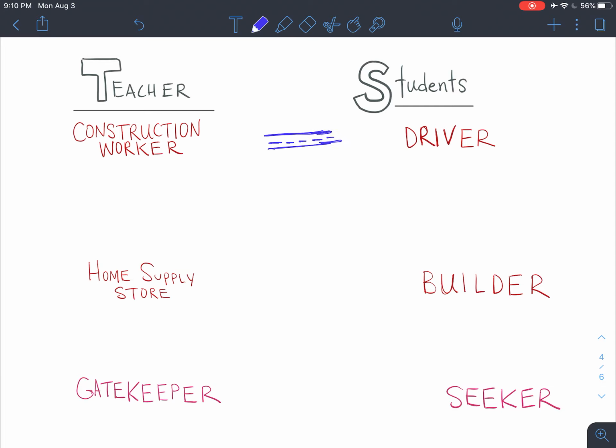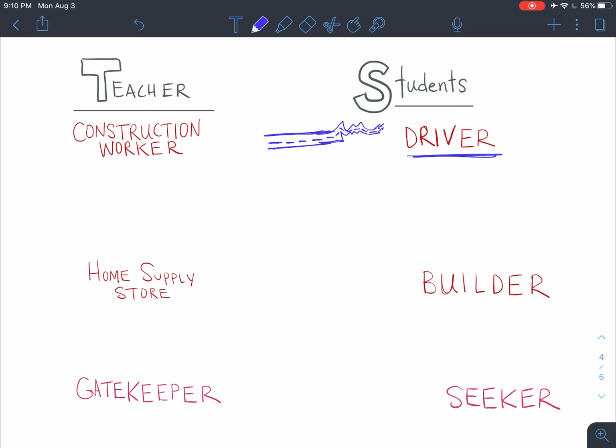Now it's going to start out as a very simple type of road, and by the end it might be a mountain road, or it might be a road that goes through a really crazy area like a canyon or something, and there's no guardrails. Perhaps it's off-road. It's not even an actual paved road by the end, and students need to be able to drive in that rough terrain. Regardless, it's the idea that I'm building this process, and it's the student's job to be the driver.